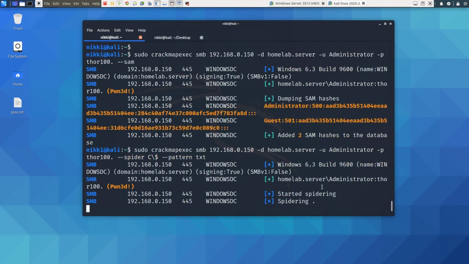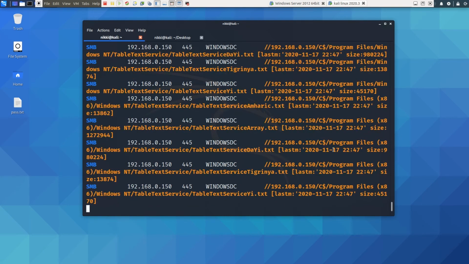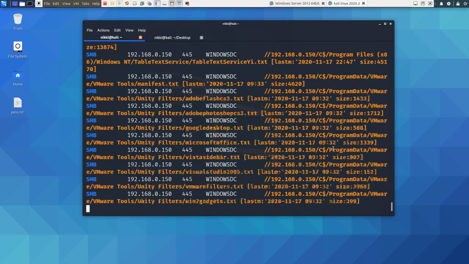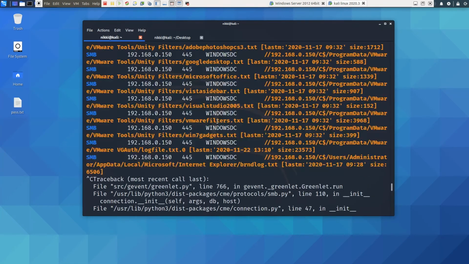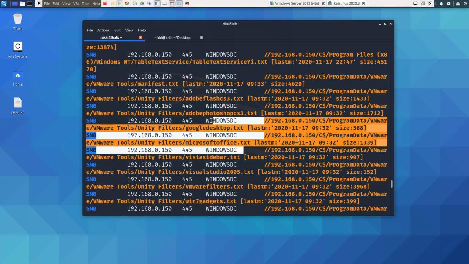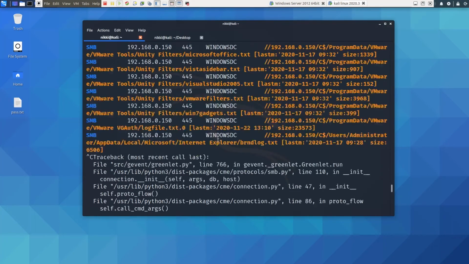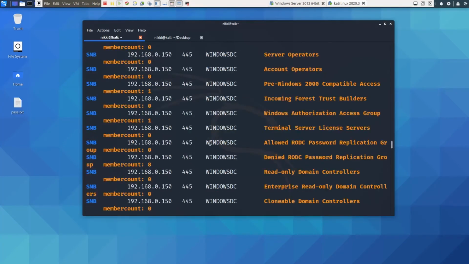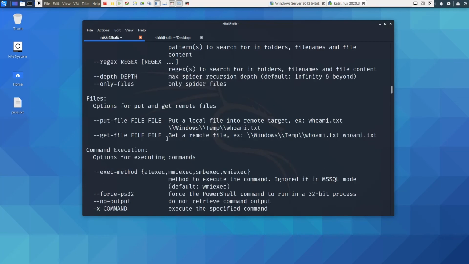Now it will start searching for the text files. It will give so much information. I'm just stopping this. You can see these are all the text files we have got. You can do so much with CrackMapExec as a post exploitation tool.